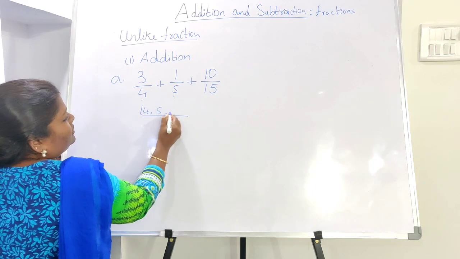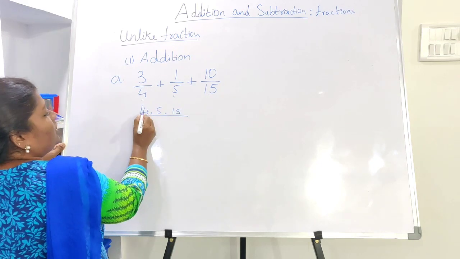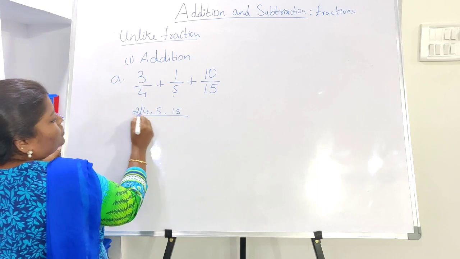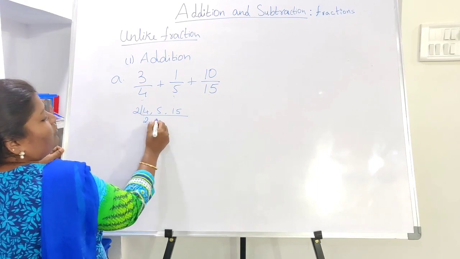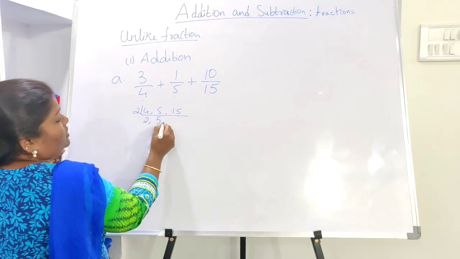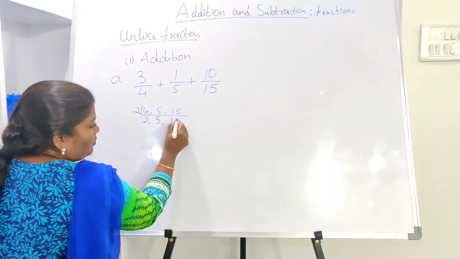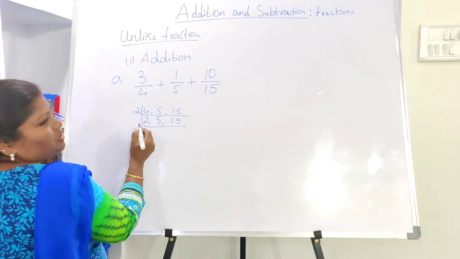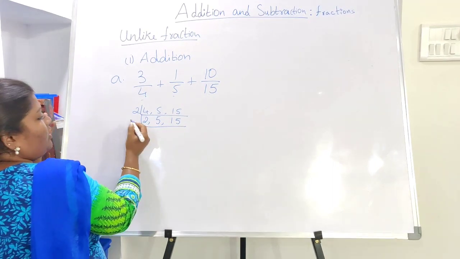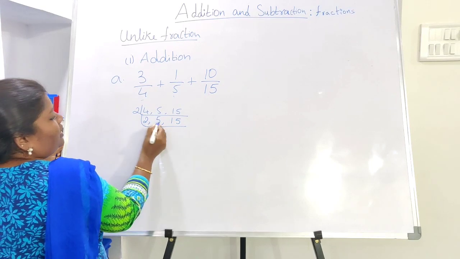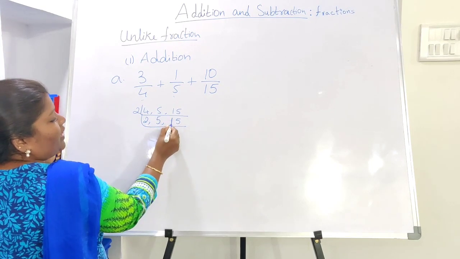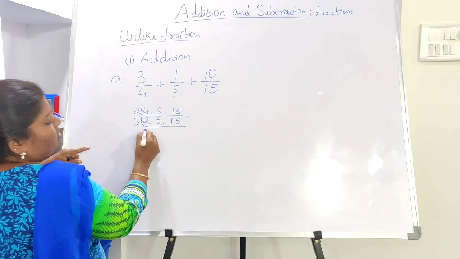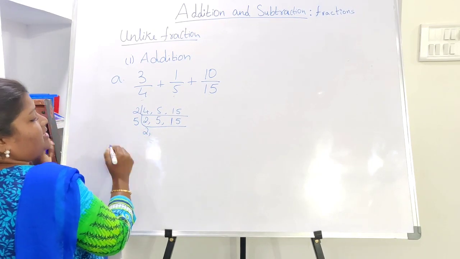LCM method. Yes. So now in 2 table, 2 2's are 4. Now 5 is not possible. 15 is also not possible. So take it down as it is. Now in which table do these two numbers go? Now you have to analyze and think. Now in 5 table, 5 and 15 are divisible. So which is not divisible, you have to just write it as it is.